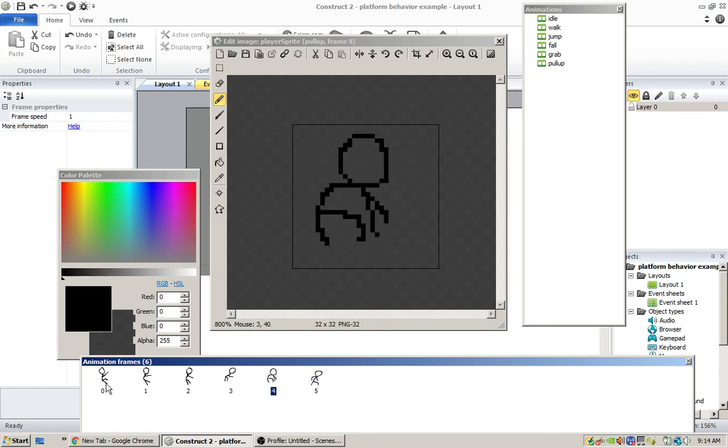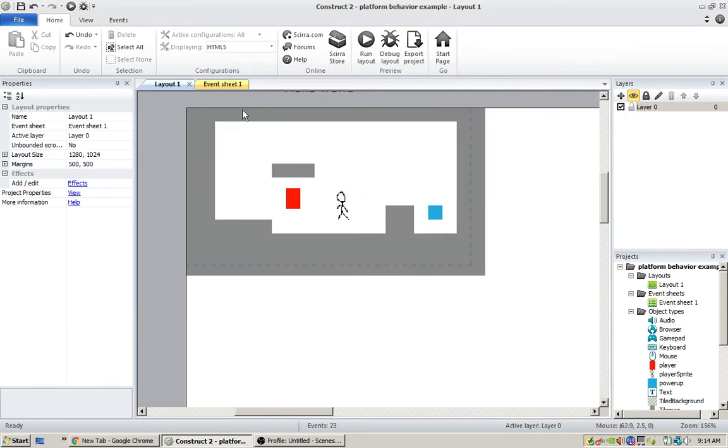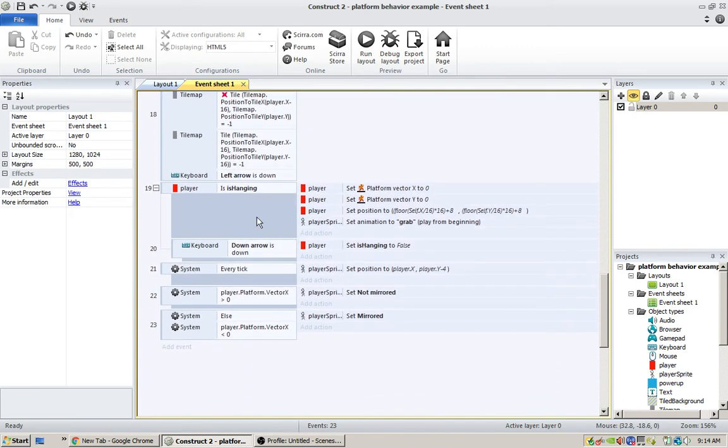Actually, it's like that, then that, then that, then that, that. Looks a bit weird. I did it really quickly, so it's gonna be all weird, but that's all right. So okay, that's fine. Now we have the animation. Let's go into the event sheet. Okay, is hanging